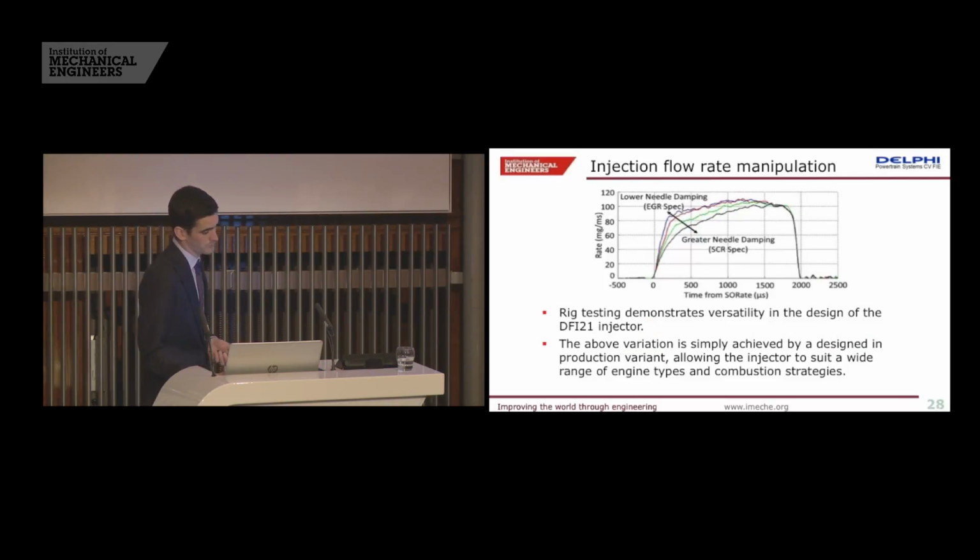So this graph shows some performance rig data with nozzle flow rates at a 1200 bar rail pressure. Each of the traces is achieved by a variation of a designed in-production variant. This allows the injector to be suitable for a wide range of engine types and combustion strategies. The DFI-21 injector demonstrates an inherent versatility in design, allowing for this simple manipulation of the flow rate through the